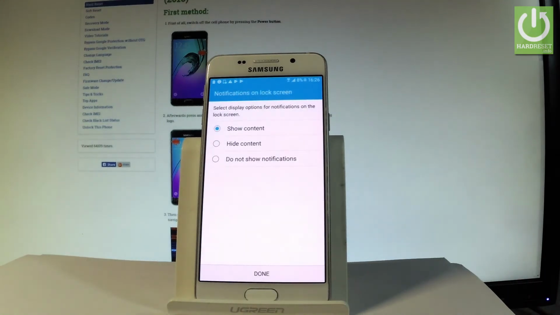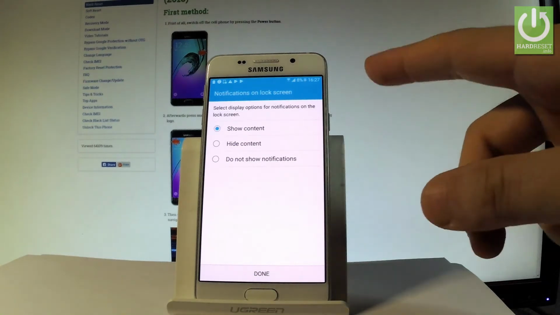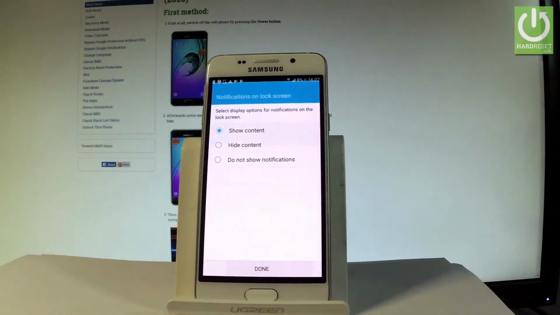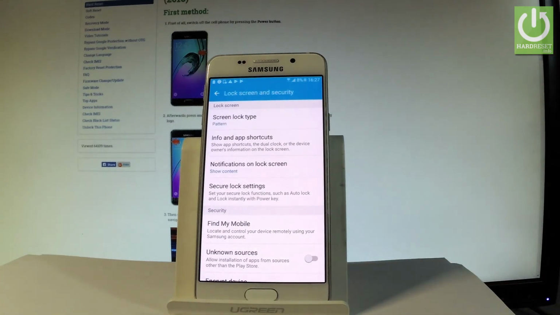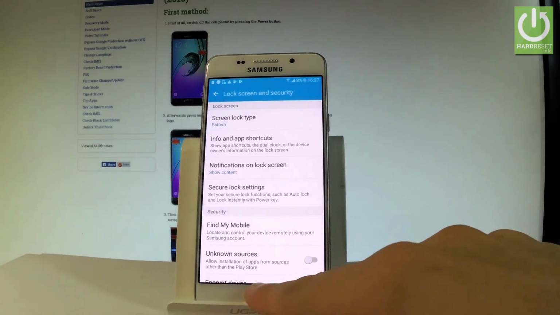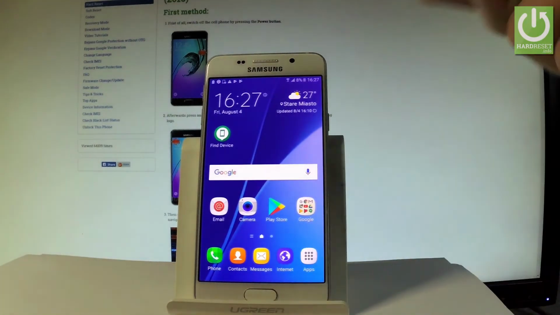Now you have to choose your form of notification. You can choose show all content, hide sensitive content, or don't show notification at all. Let me use show all content and tap done. That's it. You can change some settings about the screen lock, or you can simply go to the home page